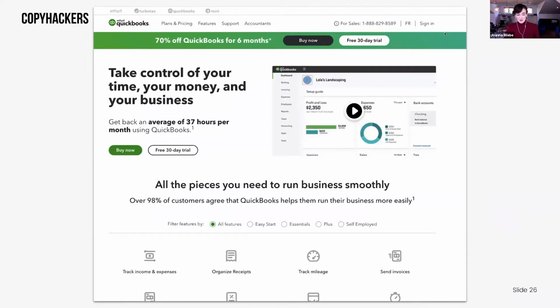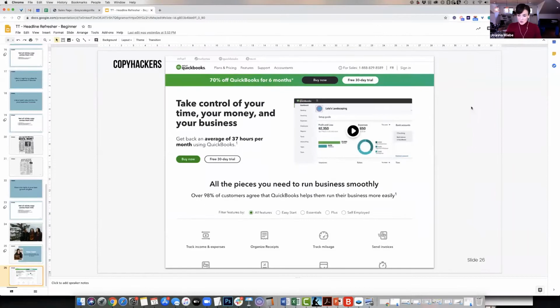Chris said, "Make your business run faster than Usain Bolt." Awesome. Anybody else have any more? "Do you have the tools to run business smoothly?" "Oil your business with these pieces like WD-40 for your business finances." "Put your business jigsaw together." "What if you had all the pieces you need to run your business smoothly?" Okay, cool. Any others?